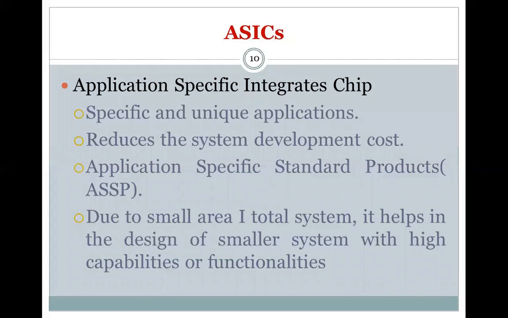Then let us see the application specific integrated chip. This is also used as a core of the embedded system, ASIC, application specific. ASIC is a microchip, actually designed to perform a specific and unique application. And because of using a single chip to integrate several functions, it reduces the system development cost. And most of the ASICs are proprietary products, which are referred to as application specific standard products,